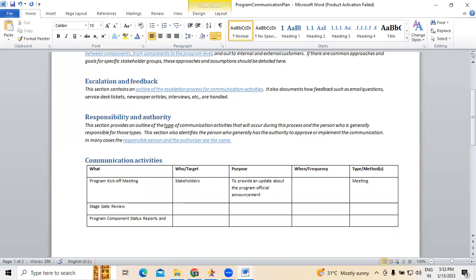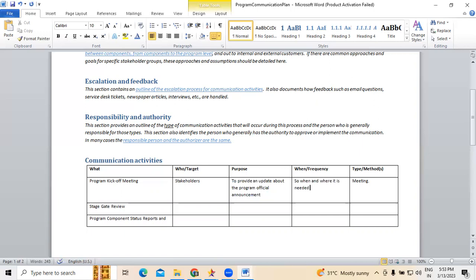Now, how frequent are we going to do this? Means the program kickoff meeting: are we going to do this at regular intervals? The program kickoff meeting starts when the program starts, and then we have other kickoff meetings based on phases, but not a program kickoff meeting.